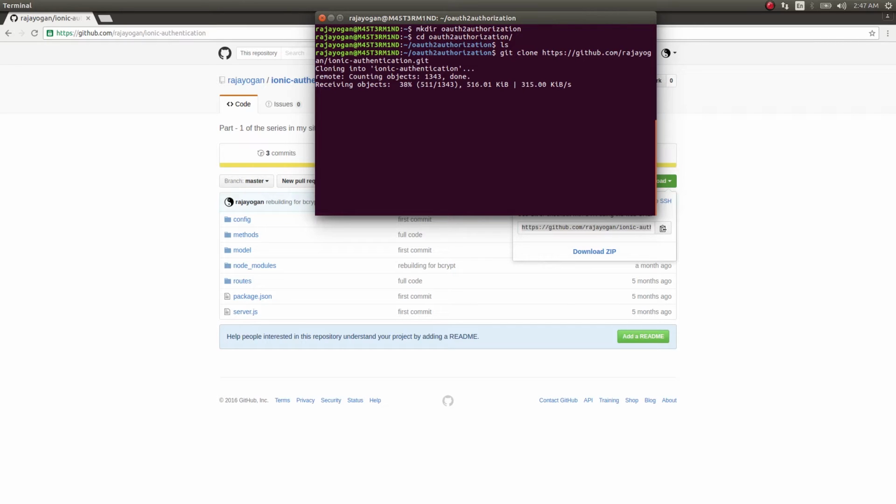I'll time lapse certain parts of the video, and spend more time on explaining what's happening, guys, because this is more concept based, and the code you would easily understand, since the code is much simpler than the concept. So if you have not seen my previous animation video, I would recommend you to see it once, because I have given a rough overview of how our application would look.